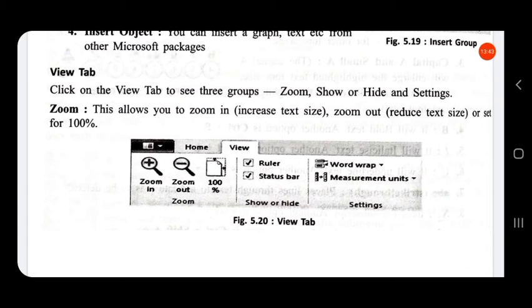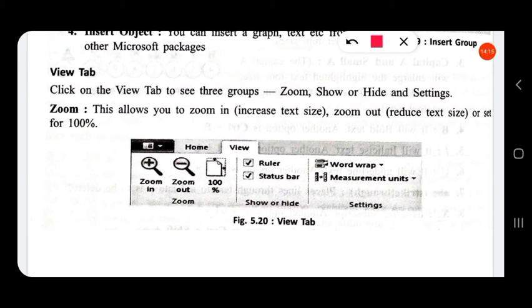They are zoom, show or hide, and settings. First one zoom, second one show or hide, then third one settings. So zoom allows you to zoom in or out.